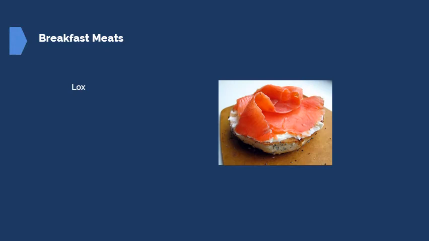Oftentimes you'll hear about lox. Lox is smoked salmon, and this is different from hot smoked salmon. This is cold smoked salmon. It's smoked at a temperature of about 85 degrees, typically for several hours. Before that, it's cured with a salt and sugar mixture that will help draw some of the moisture out of that particular piece of salmon. So really what we're going for in this particular case is the moisture draw that's going to make it almost like the